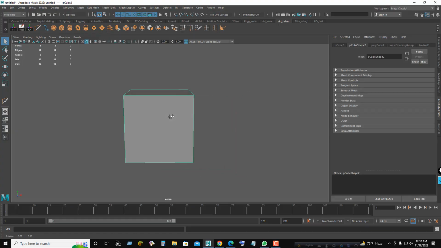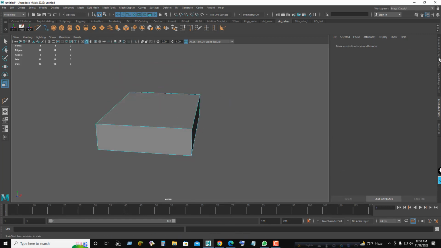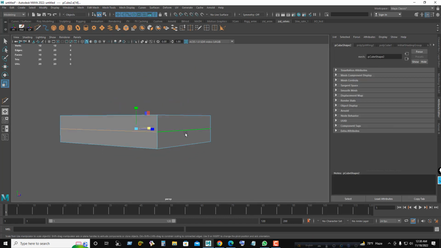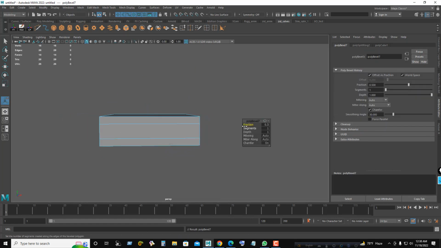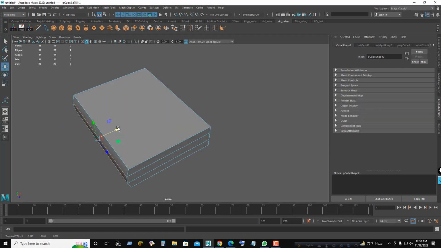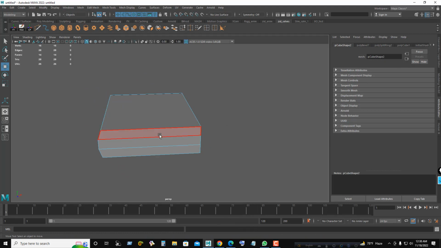Create a cube, scale it, insert an edge on center. Select the edge and bevel it, change the fraction value. Select these two edges and move it a little bit, select faces,